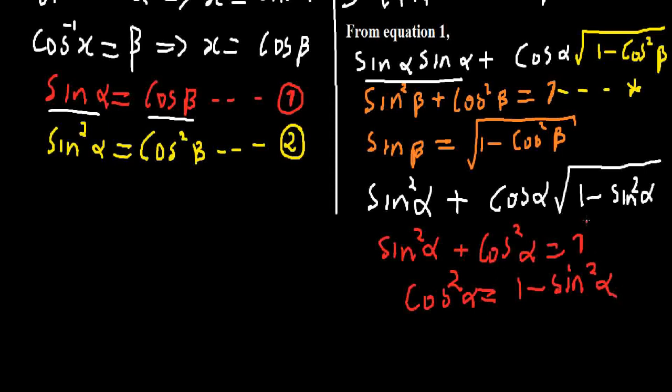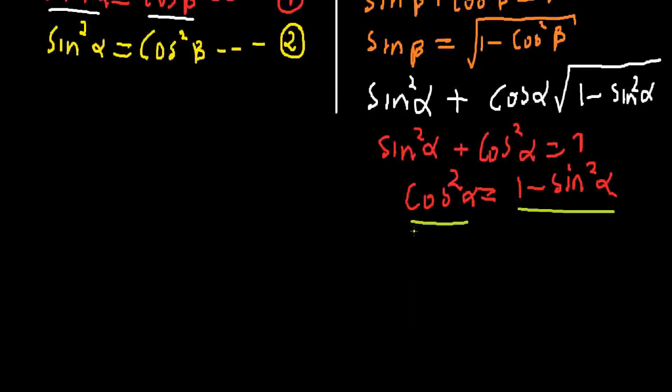So anywhere I see 1 minus sin squared alpha, I simply replace it with cos squared alpha, so that my final conclusion will be that